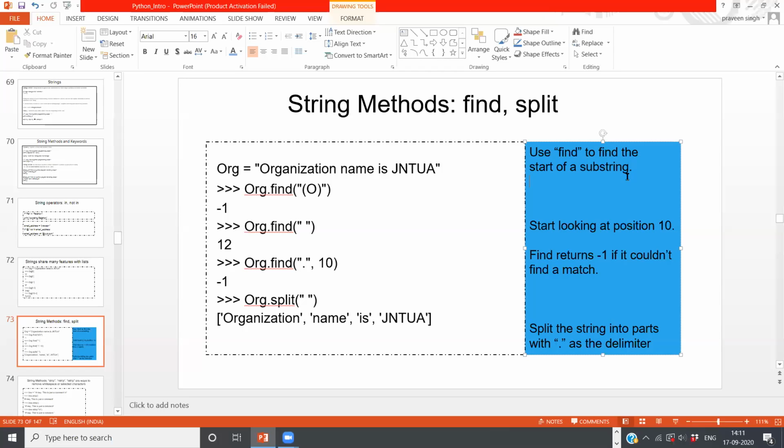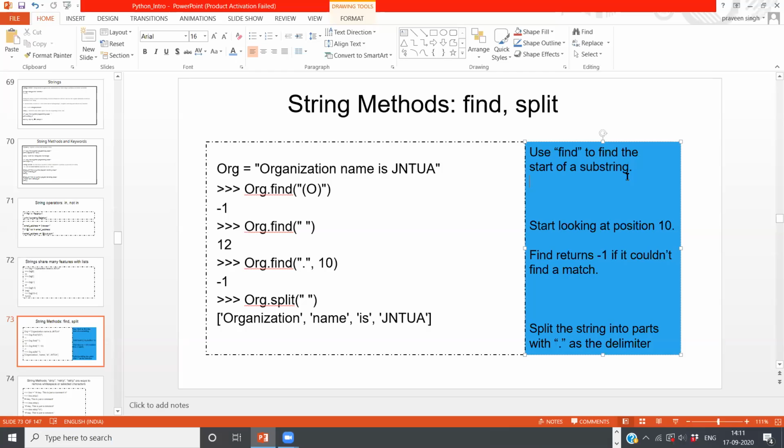Now I wanted to look at some position, and I will show you how I will proceed with that. Here, as I have mentioned, split is the string method which splits the entire string into parts, separated by a delimiter, either space, comma, or whatever you feel like.